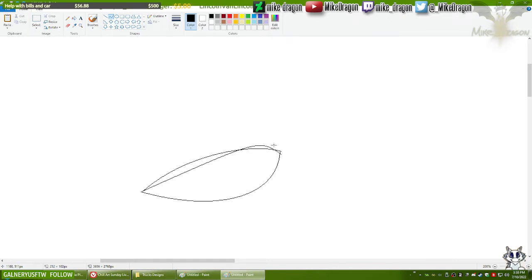Yeah, I want a little more of an angle on this side. Change that to red. There we go. Now let's erase that black line that I drew originally. Swap this red for black. Go on from here.